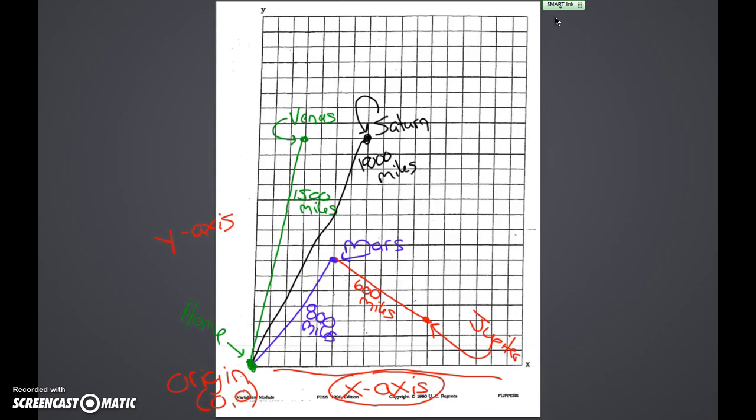Let me explain it. So first of all, we have the x-axis, which we talked about. We have the y-axis, and remember the y-axis, it should be a review, would be the axis starting at point 0, 0, right here, that goes vertical or up and down. The origin is 0, 0. 0, 0 is an ordered pair, which is one of our vocabulary words. An ordered pair would be two coordinates that tell you where to place yourself or a position or a spot